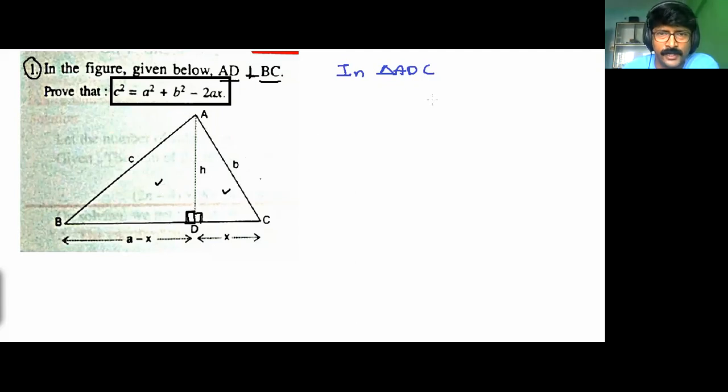Look at this. Angle D is 90 degrees. Or rather you can say angle ADC is 90 degrees, isn't it? Angle ADC is 90 degrees. So if ADC is 90 degrees, then by Pythagoras theorem, by Pythagoras theorem,